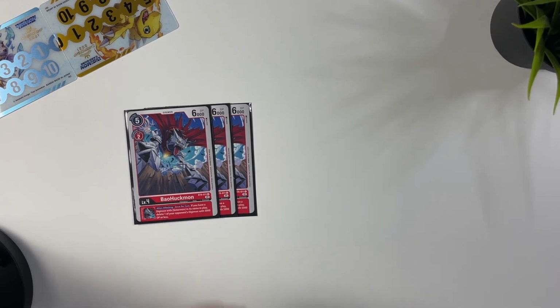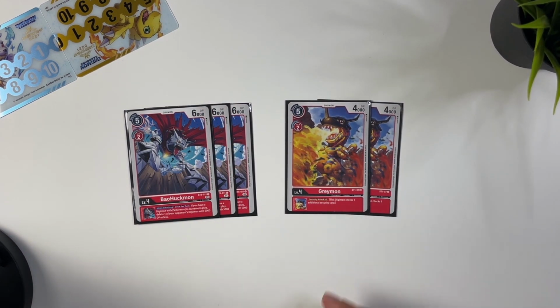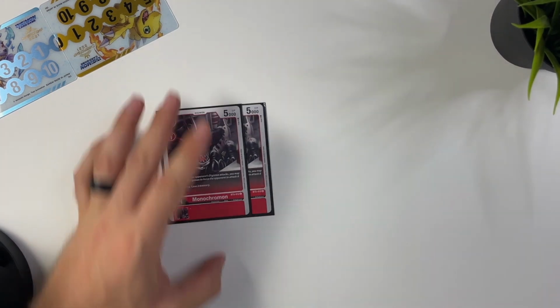We are also running 2 starter deck Greymon as level 4s there. This is simply in there just to apply a bit more pressure, because its inheritable is gaining an extra security attack. For the blockers in the deck, we are running 2